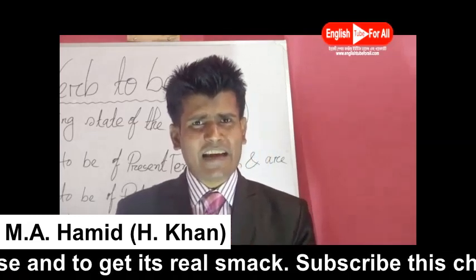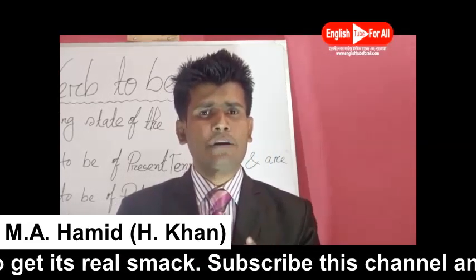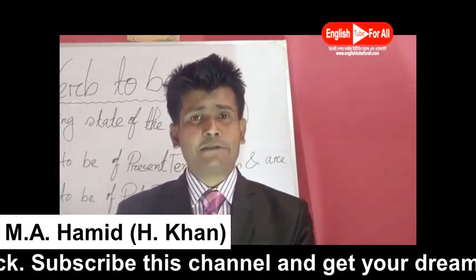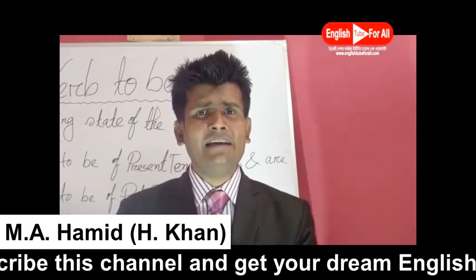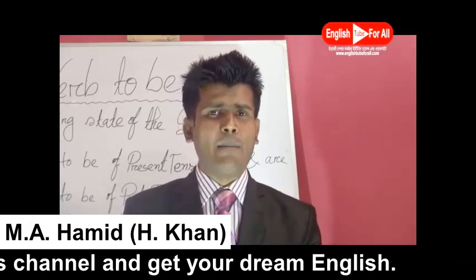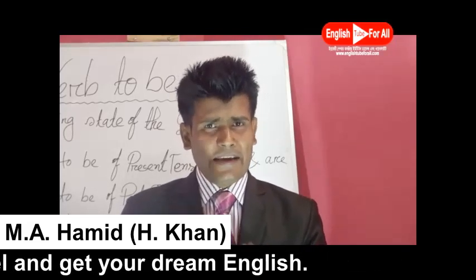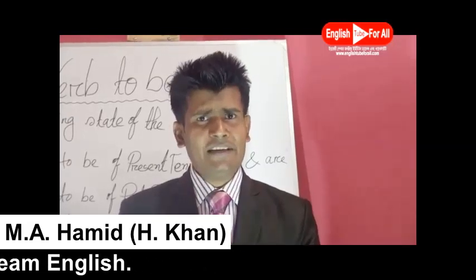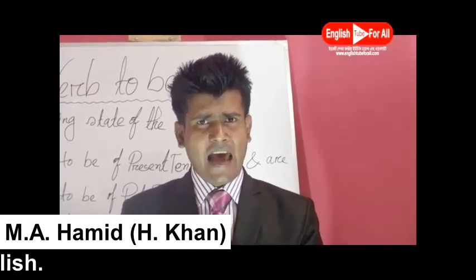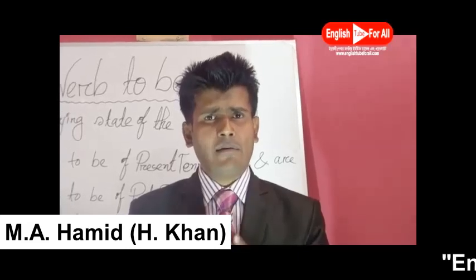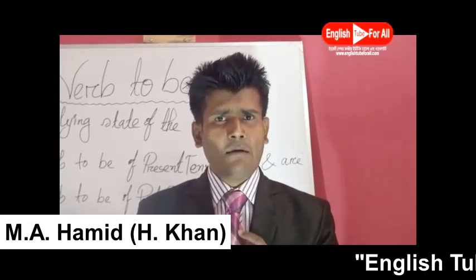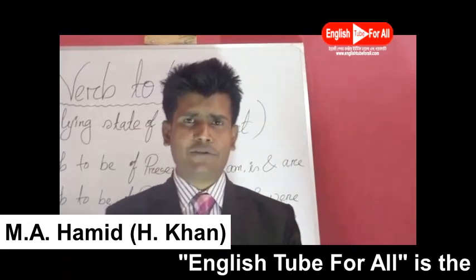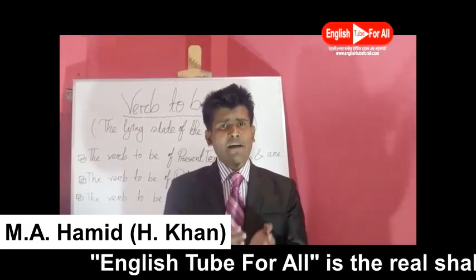Am in the present tense is used only in the matter of first person singular number. If the subject of a sentence is first person singular number, I may know I, after that am should be used. For example, I'm a student. And if the subject of a sentence is third person singular number, I may know he, she, it, this, that, Rahim, Karim, Rabi, Rabia, chair, table, fan, and the bird, the sky, etc., is should be used there. And are in the rest of the cases.